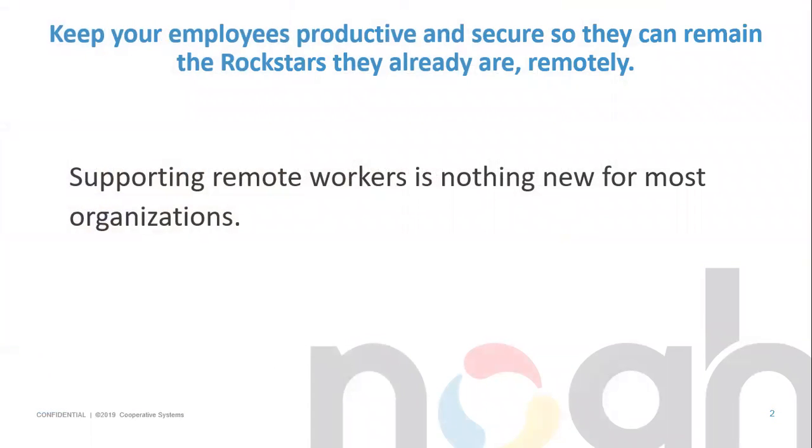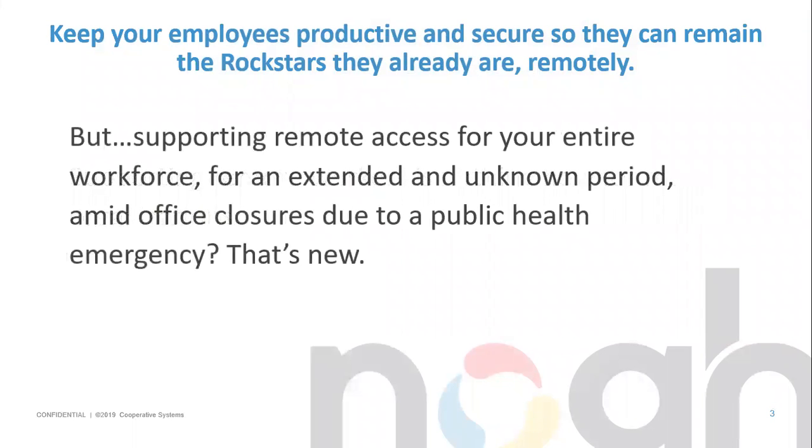So supporting remote work is certainly nothing new for really any organization. Just about any company has had some level of remote capabilities set up for many years now. But supporting that remote workforce for your entire company for an extended and unknown period of time, that's really what's new here. And with office closures and the public health crisis we've all been dealing with for many months now,